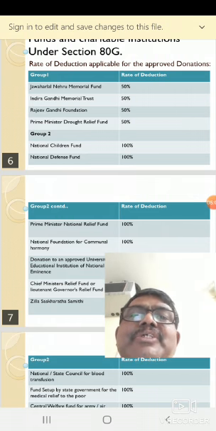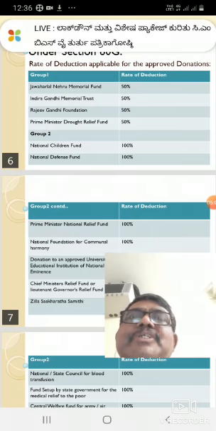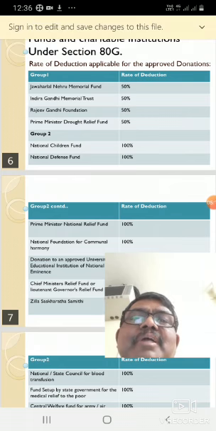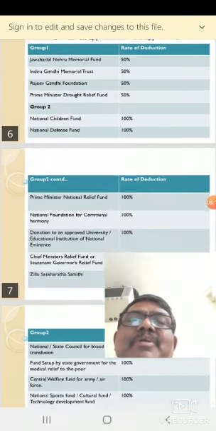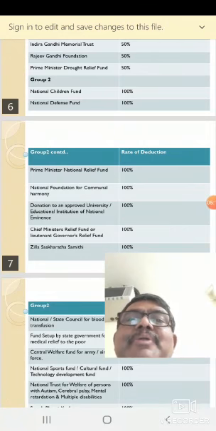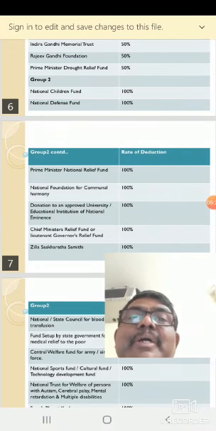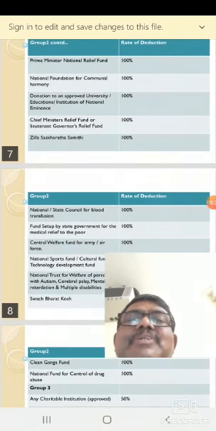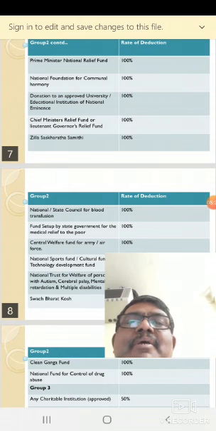Suppose if it is Jawaharlal Memorial Fund, 50% deduction is given, and if it is Rajiv Gandhi Foundation, 50% deduction is given. If it is for Prime Minister's Drought Relief Fund, 50%. And coming to the next group, National Children's Fund, it is 100% deduction. Whatever the amount paid is entirely qualifies for deduction. So also in the case of National Defence Fund, Prime Minister's National Relief Fund, National Foundation for Communal Harmony, donation to an approved university, and Chief Minister's